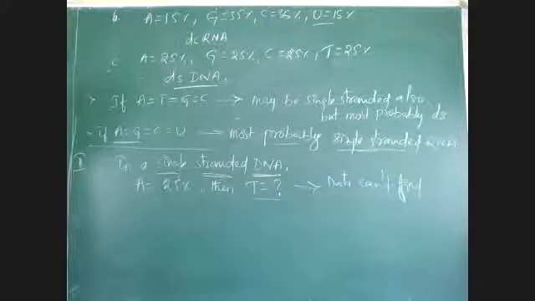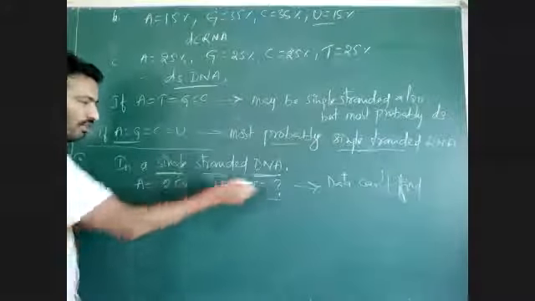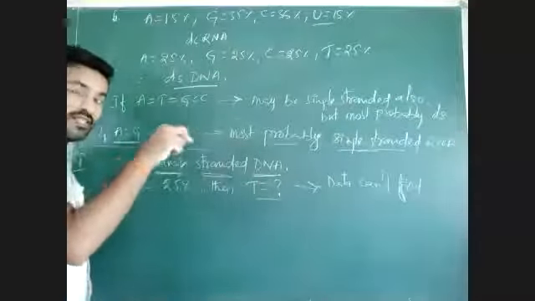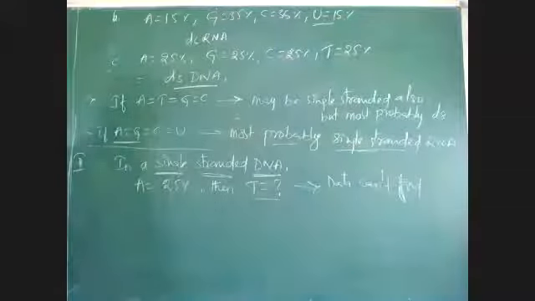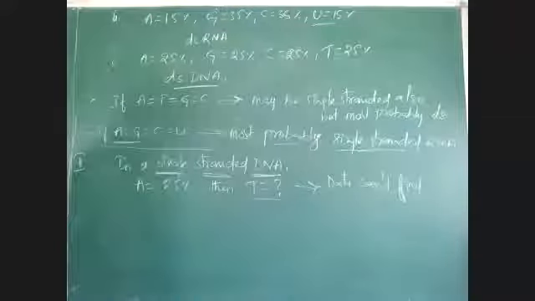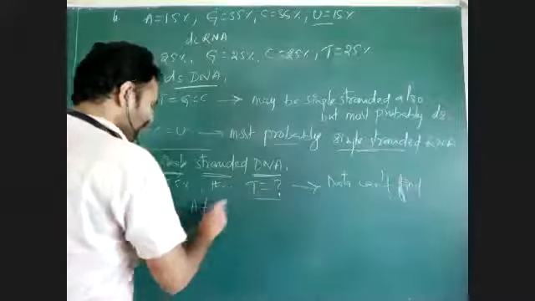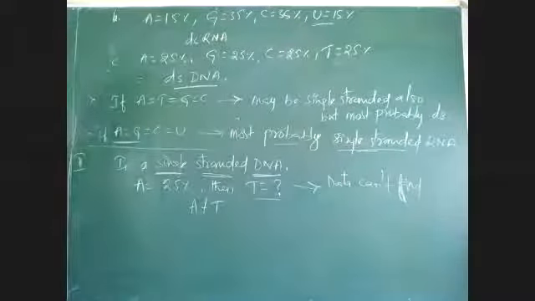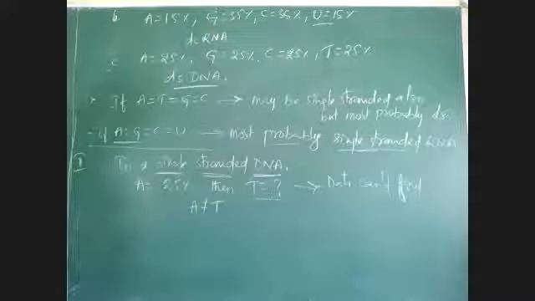Single-stranded DNA. Raghavi is saying 50% sir. How sir? It is single-stranded DNA. You are saying A is equal to T. Okay. When is that A equal to T applicable? When it is a double-stranded DNA molecule. A is equal to T, G is equal to C means then only we can find. Here A may be or may not be equal to T. For single-stranded DNA, A may be equal or may not be equal to T because it is a single-stranded DNA.